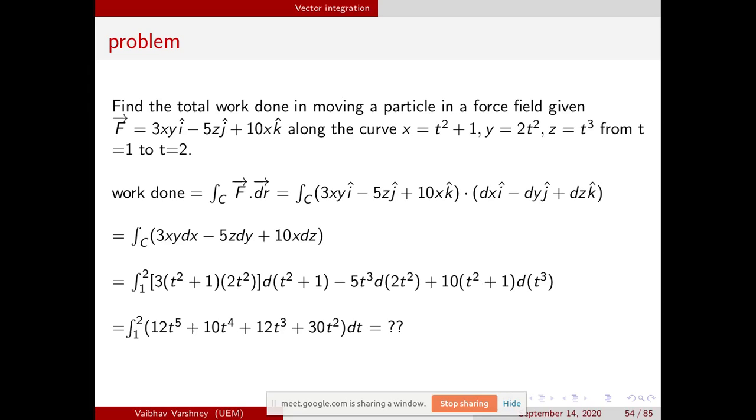Sir, one question. You told that in the mid-sem you will give only vectors. So what are the topics included in that? Whatever I will teach till tomorrow's class, full vector will be completed. Dot product, cross product, gradient, divergence, curl, line integral, surface integral, volume integral, and 3 theorems.